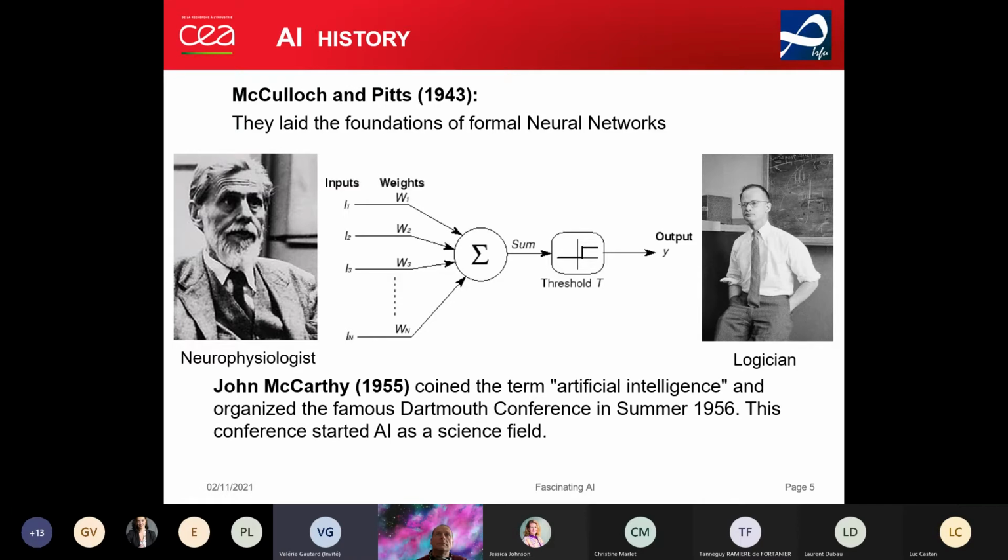John McCarthy in 1955 organized the famous Dartmouth Conference in order to attract attention. To advertise, he invented the term artificial intelligence. Behind this name, we must understand what is hiding. It is not a very good name, in my opinion, because it's scary. This name doesn't aim to mean that computer, machine, or robot can overtake man. No, it is just to attract attention on this new method. So we must be aware of that. Let's now speak about AI in CEA.